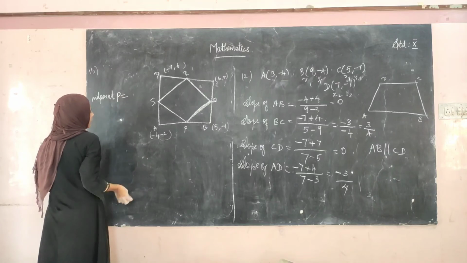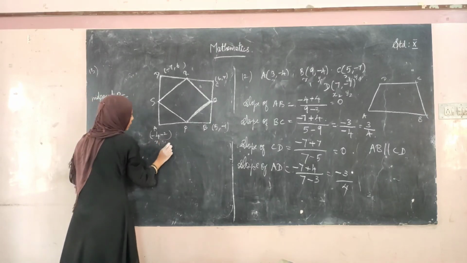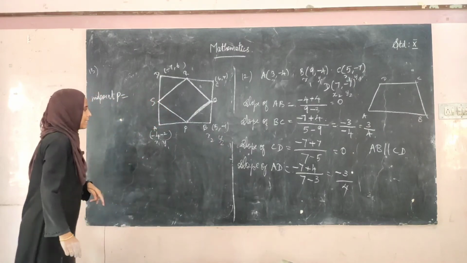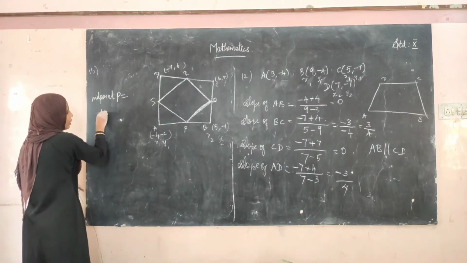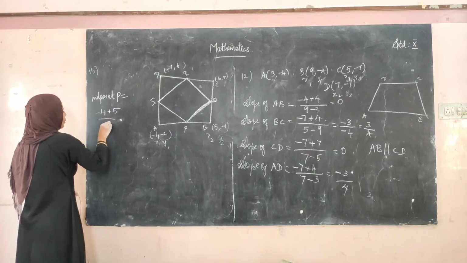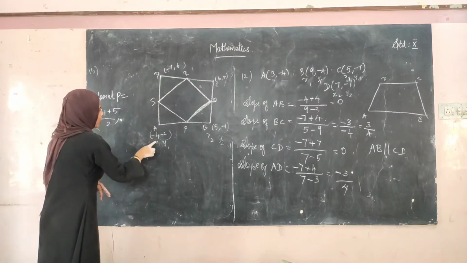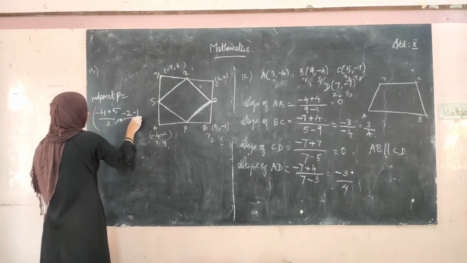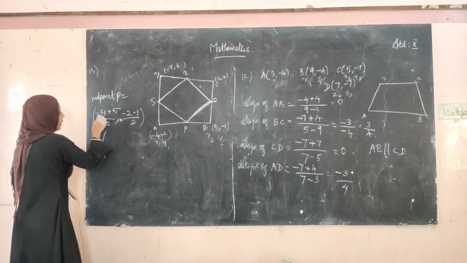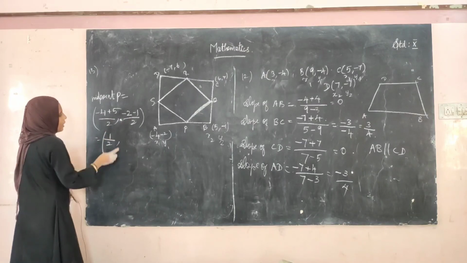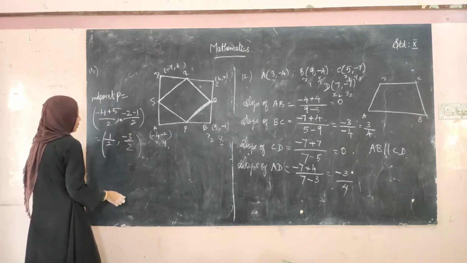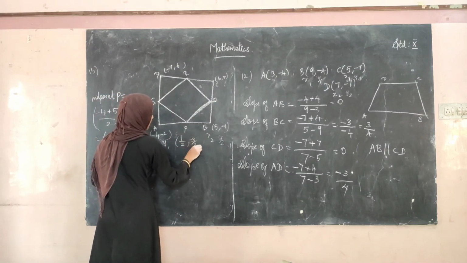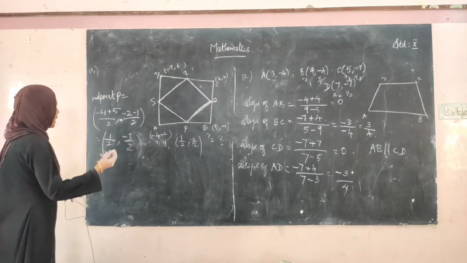P can be given as x1, y1, x2, y2. So x1 plus x2 is minus 4 plus 5 divided by 2 comma y1 plus y2. y1 is minus 2, y2 is minus 1 divided by 2, which is equal to 5 minus 4 is 1 divided by 2 comma minus 3 divided by 2. So this point is 1 divided by 2 comma minus 3 divided by 2. Okay, and then midpoint